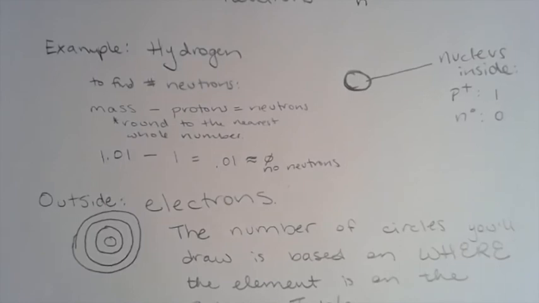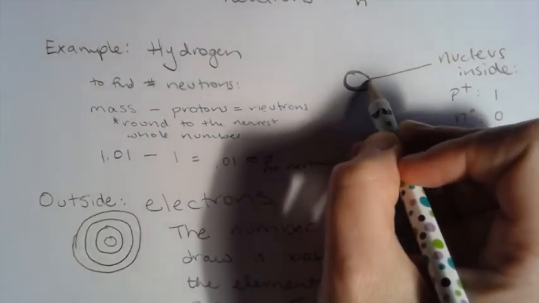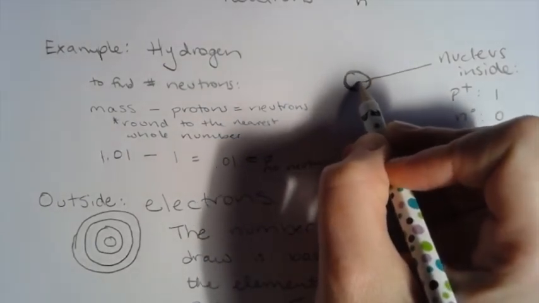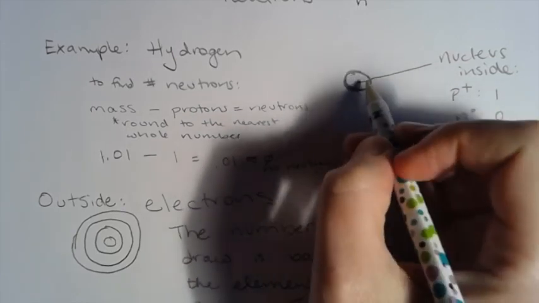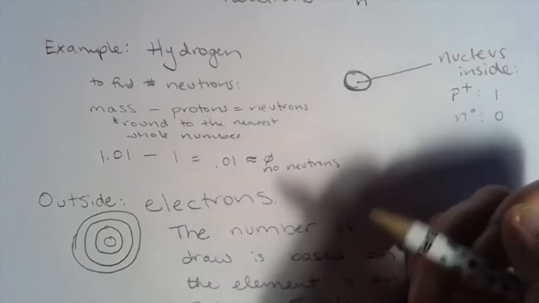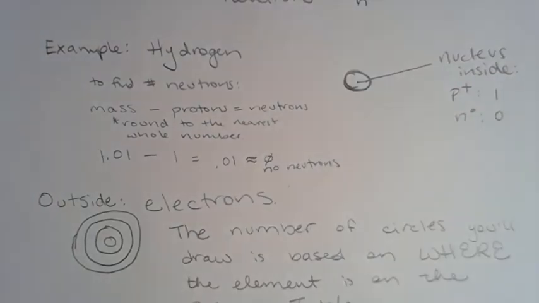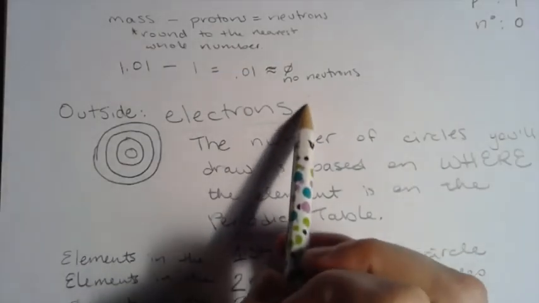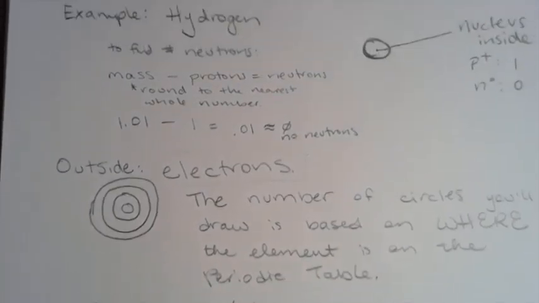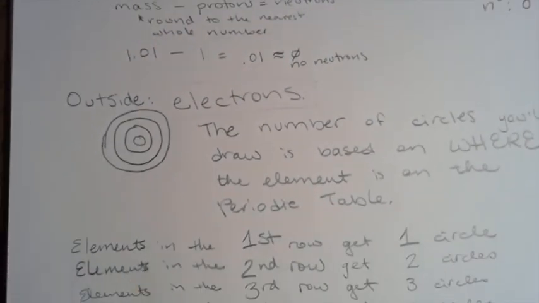Okay. And I always feel like you can label just that very center speck as the nucleus, and that's actually correct. So we've actually got 1 circle drawn for hydrogen. Okay, but we're not done, because all this outside is about the electrons. So far, we've got the number of circles we're drawing, but not how many electrons. The number of electrons,